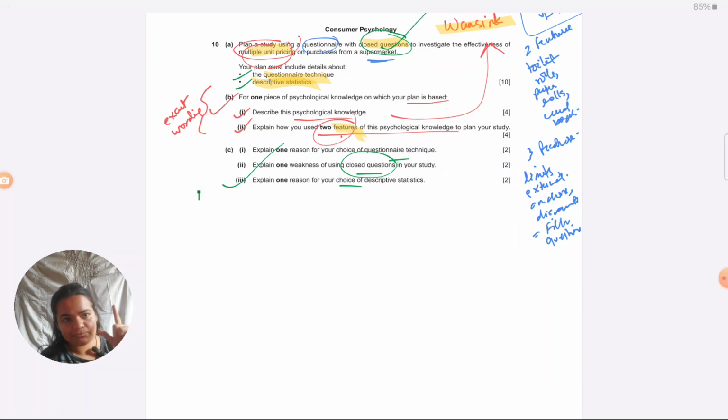So what you're learning from this example is that it's not necessarily the feature you see in the bullet points that they'll ask the C part from. They can ask it from any other feature which is named in the stem of the question. So be alert about this. When students come to me after their October, November papers and want to reattempt in May, June, these are the type of problems I come across. When they discuss with me where they've gone wrong, they realize they've gone wrong in those aspects.